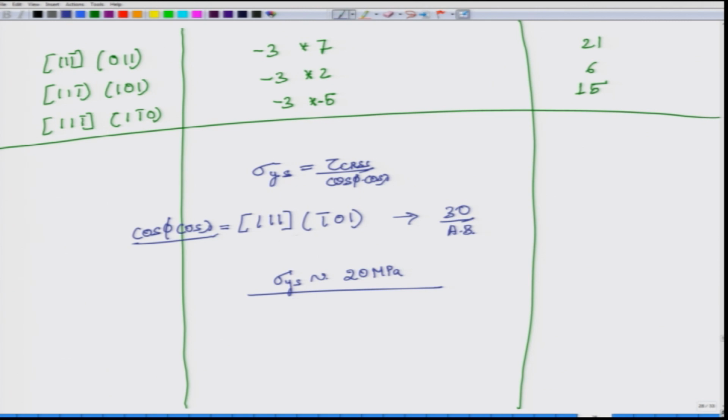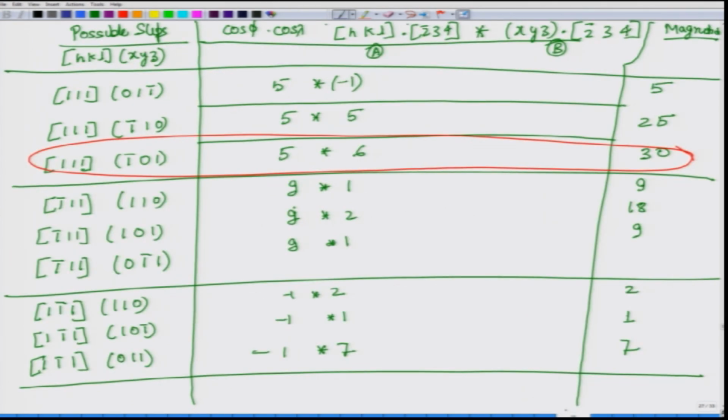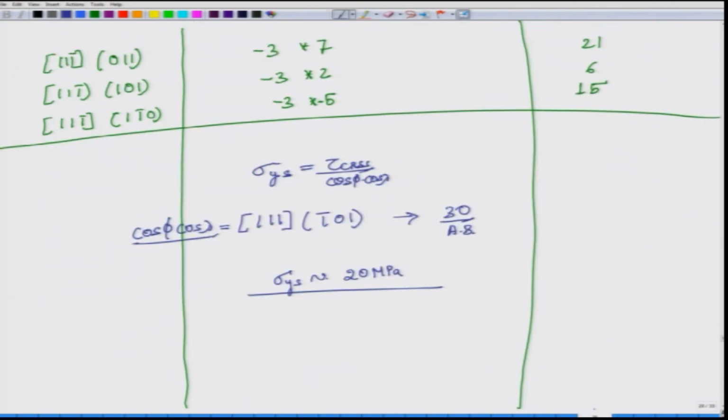But our problem was only to find which particular slip system will get activated, which means our answer is just we have to just show this up to this part. As long as we have shown that this is the largest value, we are done, we do not need anything more. I am just showing you that there can be an additional step that you can do, and also calculate the yield strength value or the stress value at which this slipping will occur on this particular plane.